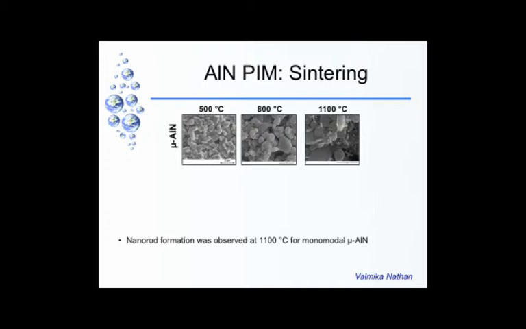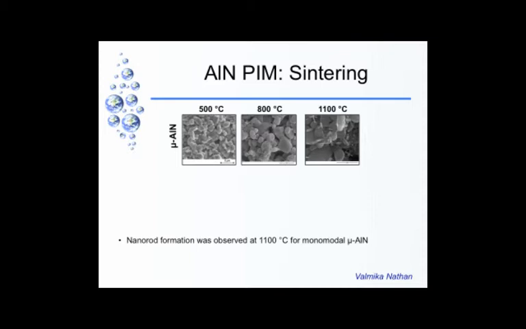We wanted to see if the sintering additive was nanoscale and the liquid forms at a lower temperature, can you sinter the material at a lower temperature? That was one thing we wanted to look at. Then we said, if we add some nanoparticles of aluminum nitride to that mix, will that reduce the sintering temperature further? You'll begin to see that there are some interesting formations such as nanorods over here. This is about 2 micron in dimension. You can't see it very clearly on the screen. So the same 2 microns over here is what you end up seeing over here.